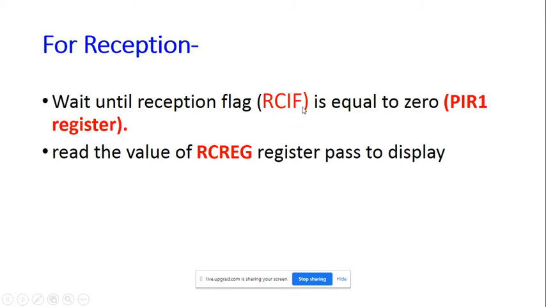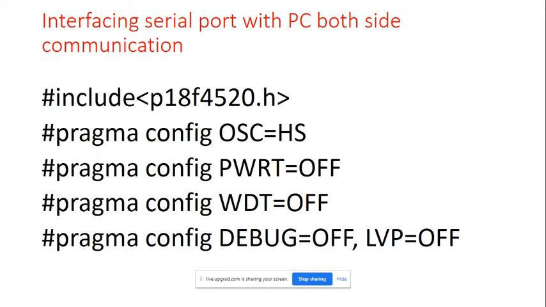Now, in which register is this receive interrupt flag located? PIR1, that is peripheral interrupt register 1. Okay, it means when this particular flag becomes 1, that indicates that new data has arrived completely, and after that it will interrupt the controller for the reading action. Okay, in this fashion the controller will read the data from the receive buffer register and place it in the respective location, or else pass it to display on the screen. Now this is the algorithm for serial communication.